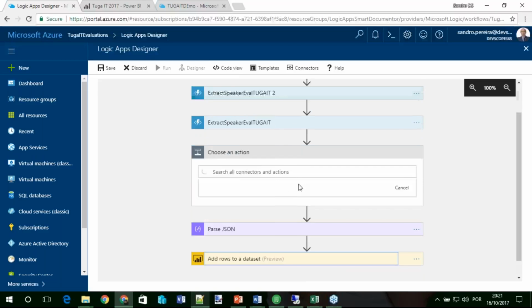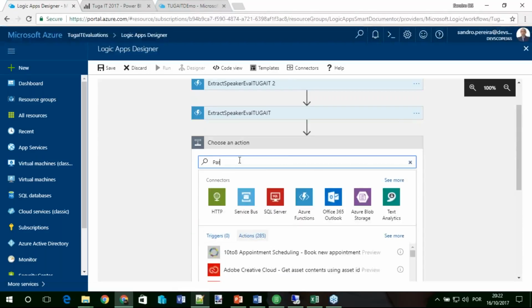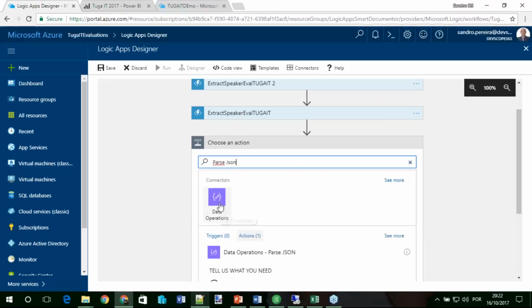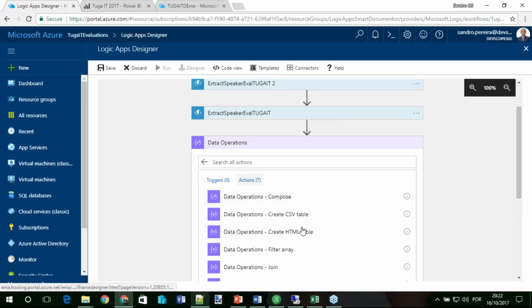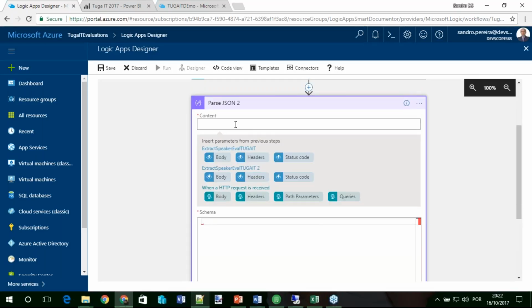Again, here just create a Parse JSON and say what is the message that I'm sending to the Parse JSON. It is the body that I'm extracting from my function, and the body in this case is a response that I receive from the Azure function.